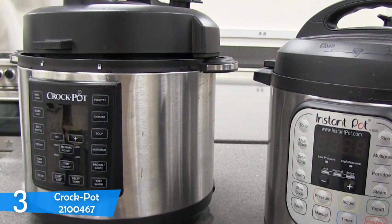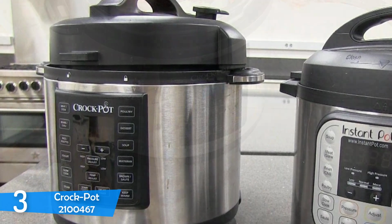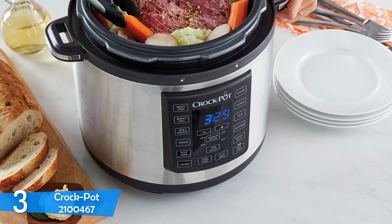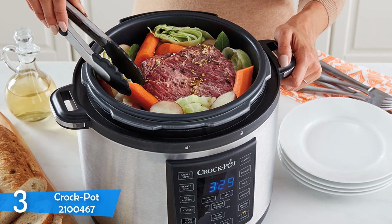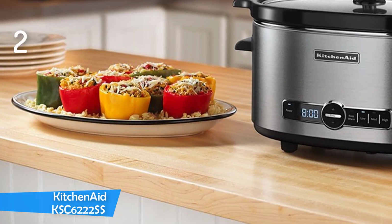In conclusion, the Crock-Pot 2100-467 is proof of what versatility means, since this unit is highly capable of cooking meat, beans, peppers, poultry, yogurt and more, and the end results are nothing less than delicious food that can satisfy even the most hardcore gourmands. At number 2, it's the KitchenAid